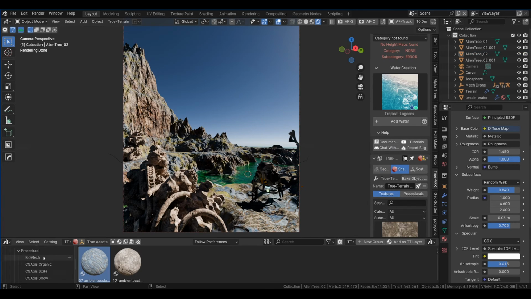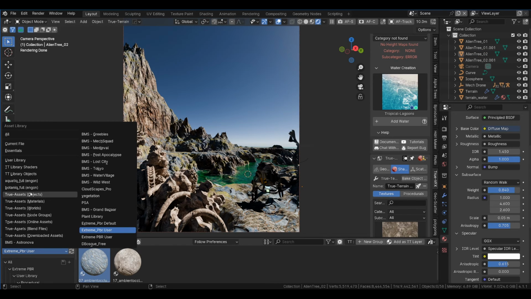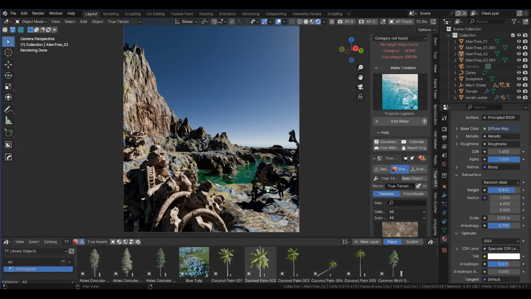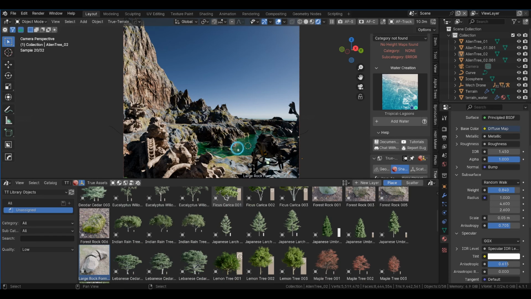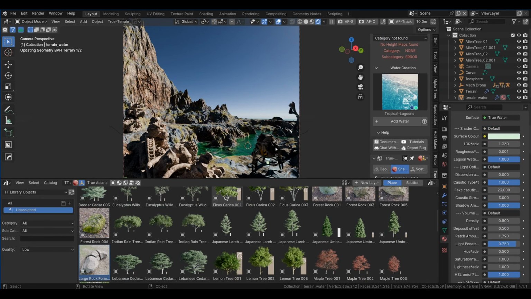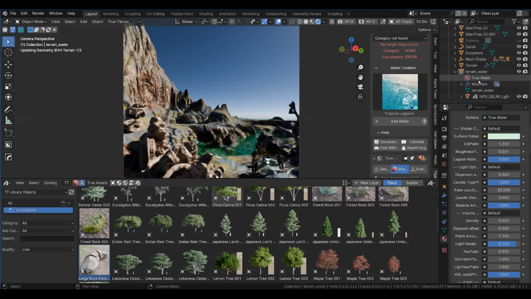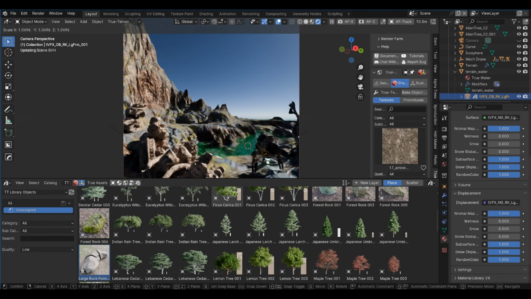Okay, now let's bring something in the background and let's go over to our true library objects, and there is a couple of interesting stones. So this is split stone. Let's bring that in. It usually gets kind of hidden into another collection or object. You'll just find it there. It's pretty easy. So we're going to scale this up, rotate that, and make this our kind of mysterious background